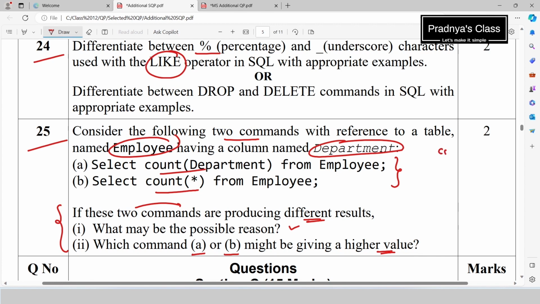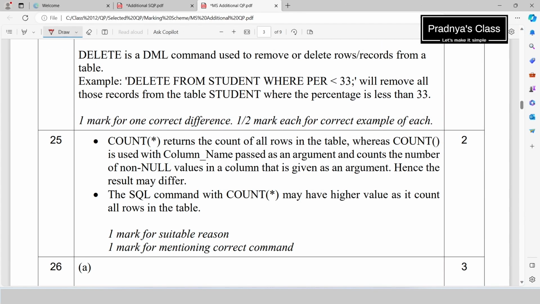I know you all are familiar with the difference between the count star function and the count function. Count star counts all the rows of the table including null also, whereas count function we apply on a particular column and it will not consider null values. Let's read this answer also from the marking scheme.